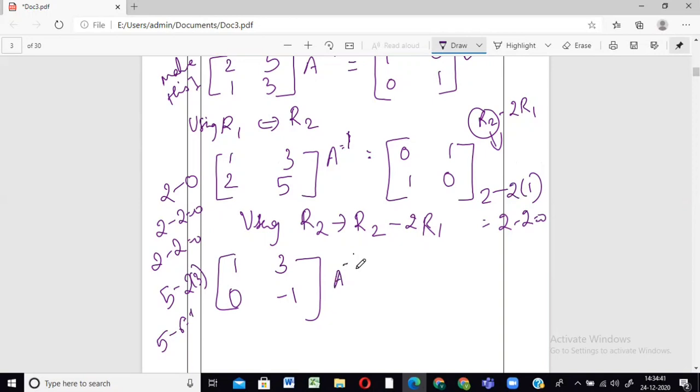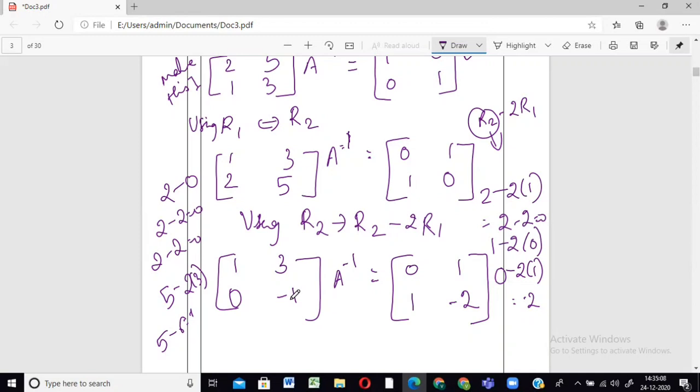Okay. Now the same thing for this matrix as well. R1, no change. R2 will be R2 minus 2 times R1. So that's nothing but 1 minus 0, which is the same as 1. Next, R2 minus 2 times R1, so that's equal to minus 2. Alright? Okay. Now this is done. Now we have to deal with these two also.